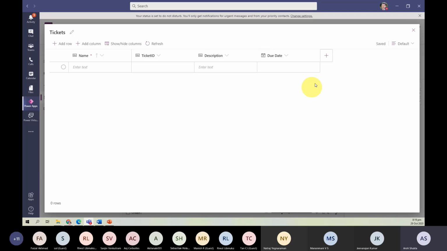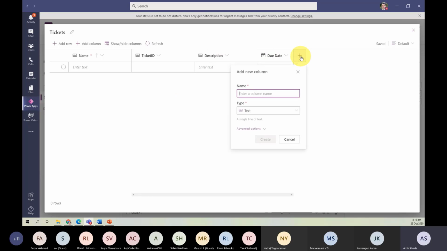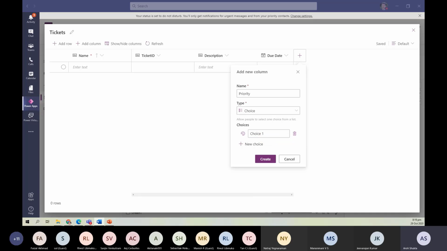Great. And I will also create another column called priority. So my priority could be a choice field, because it could be high priority or any other priority. So I have three priorities. Here, just like SharePoint Online, you have some kind of formatting. So I can define three choices: low, medium, and high. Let me put low, and I put this color. And for the medium, I will define here, and I put orange.